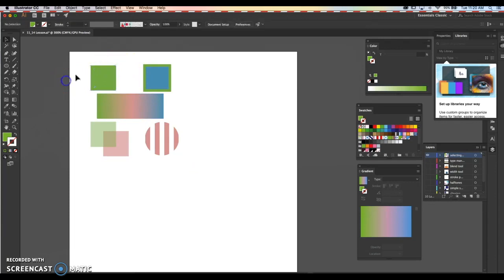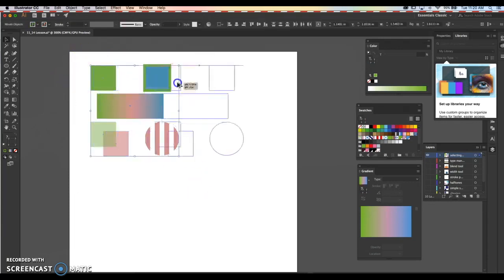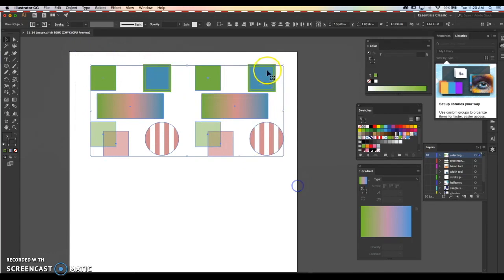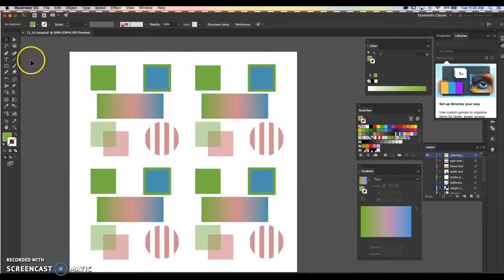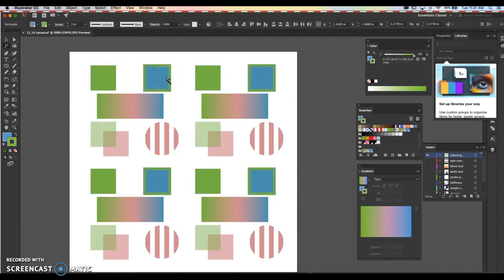So one thing that we could do is, I'm just going to make a couple of copies of these so we can see this being used. So one thing that we could do is we could use our magic wand tool. With our magic wand tool, we can go over and select specific colors. And what that's going to do is it's going to select anything that has that fill within it, right? Or that specific pattern, or that color with the opacity there as well. So that is one way that we could utilize the magic wand tool and select some tools,